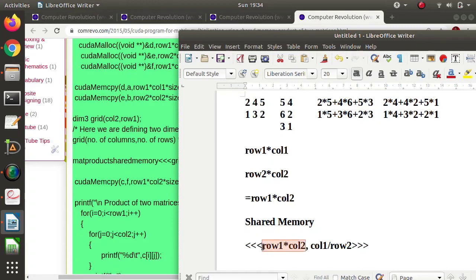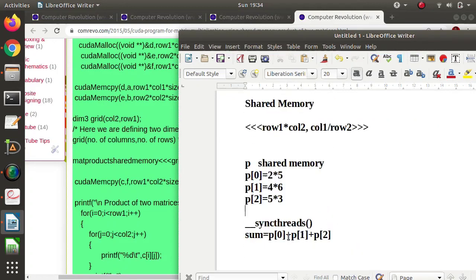Row 1 into col 2. And how many threads do we require? Either col 1 or row 2. And we have to save this value in shared memory, and then we will call the sync threads function to synchronize the threads, and after that we will add them and calculate the sum value.